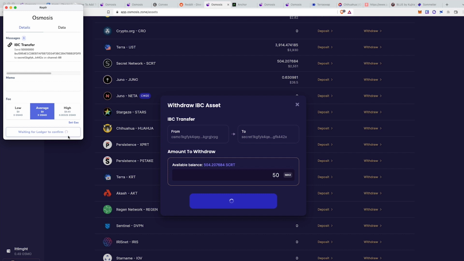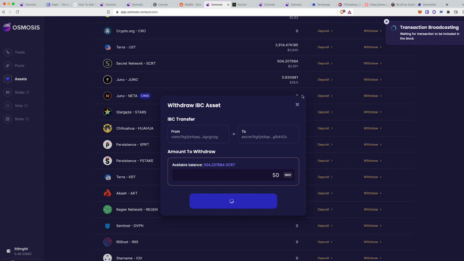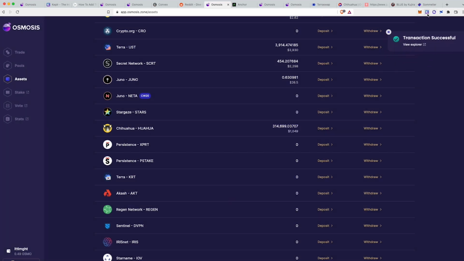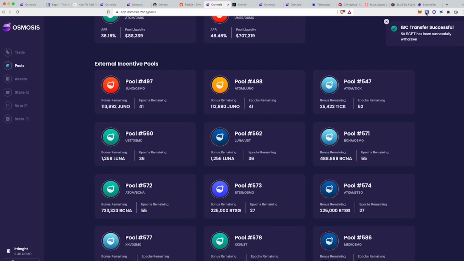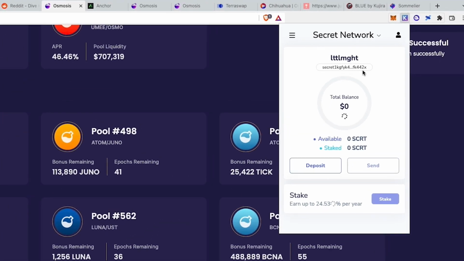With my personal wallet, I have it set up on my Ledger rather than just having it sitting on Keplr. And just like MetaMask does, Keplr is basically the go-between between your Ledger and the network. So I would highly recommend Ledger. Trezor doesn't work with Cosmos, so Ledger is the best hardware wallet to be able to use for the most networks. Okay, so the secret transfer has been successful.